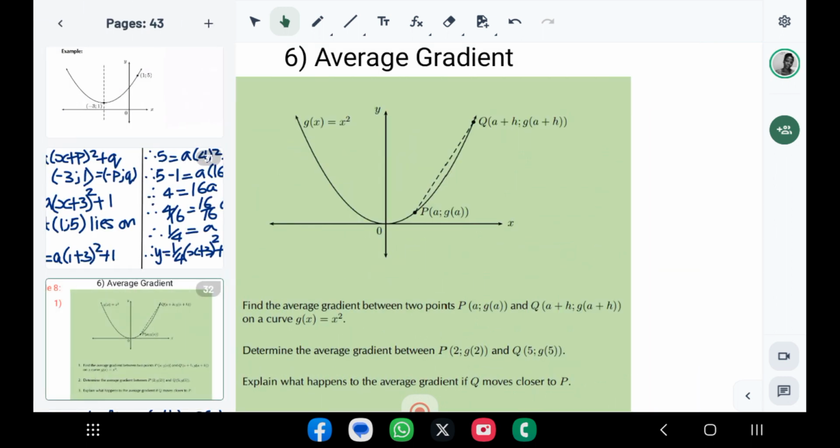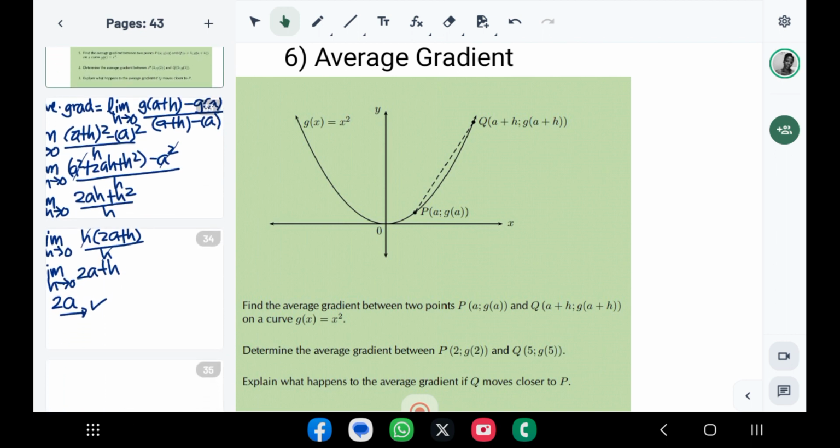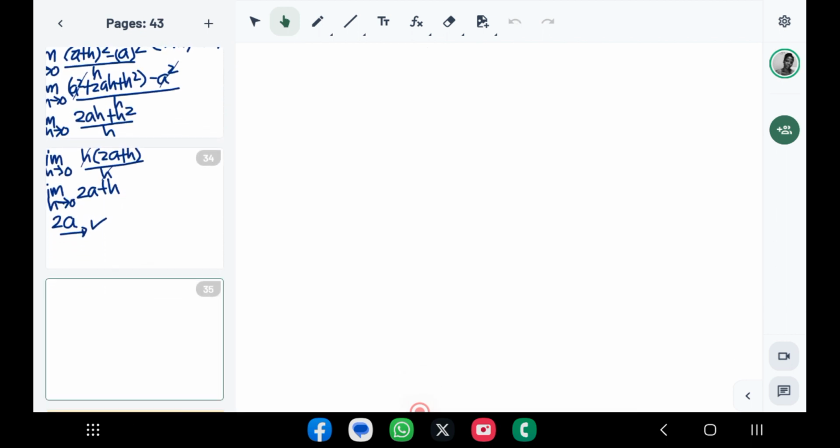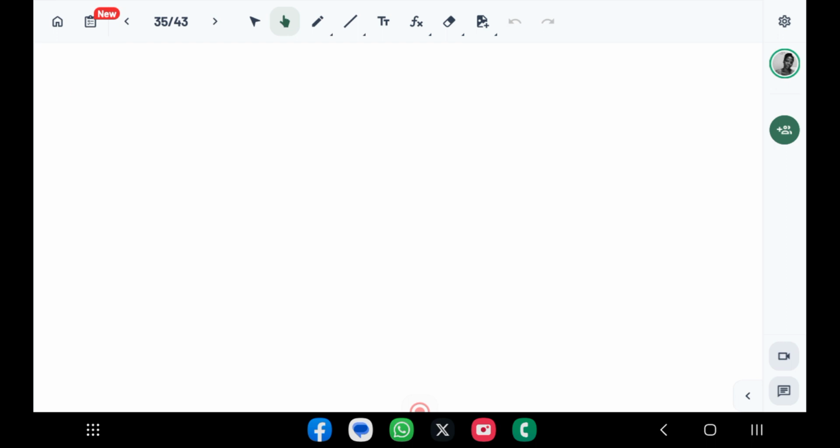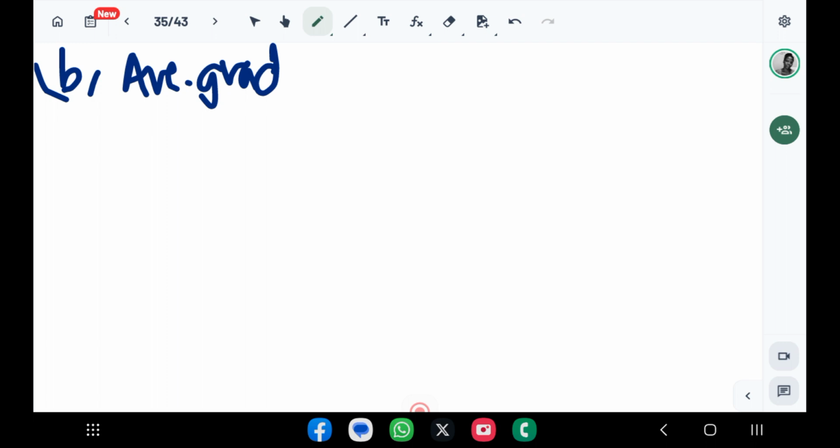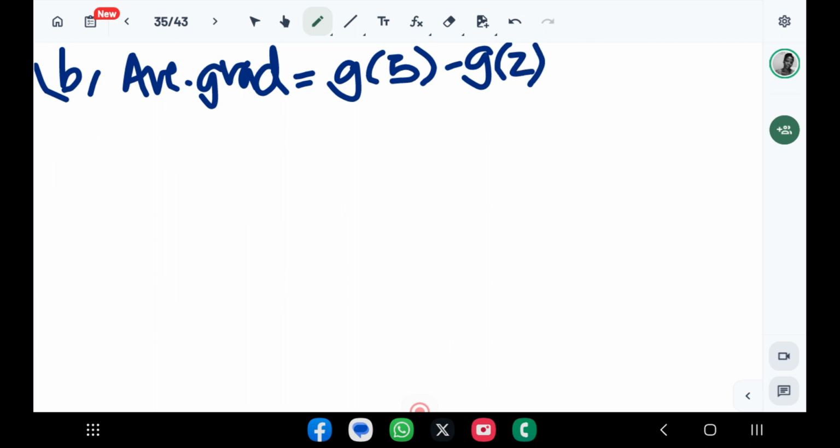That should be easy. Number B, average gradient equals g of 5 minus g of 2, all over 5 minus 2, which is equal to